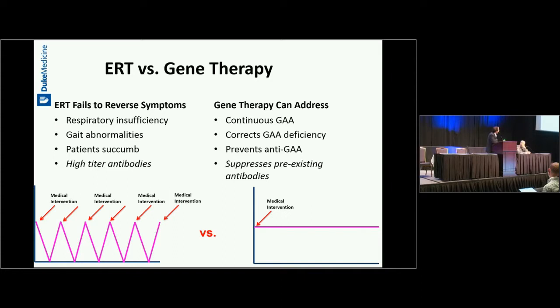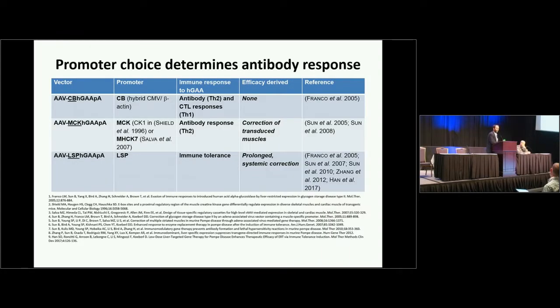With gene therapy, preclinical data show that we can achieve a continuous GAA production, correct the GAA deficiency throughout the muscle, prevent anti-GAA antibodies, and actually suppress pre-existing antibodies in recent work. The promoter plays a key role in mediating these immune responses, and so a CB promoter that contains a CMV enhancer will provoke both Th2 and Th1 immune responses